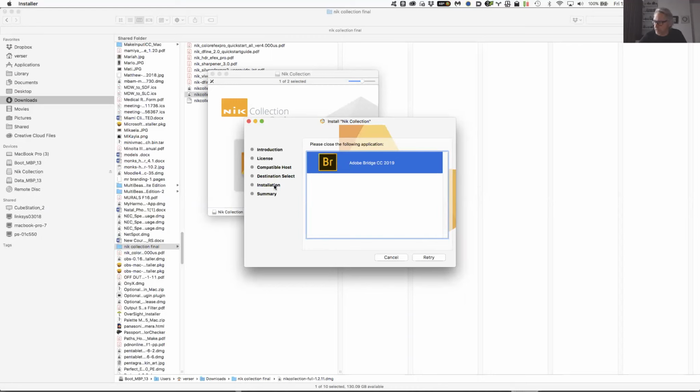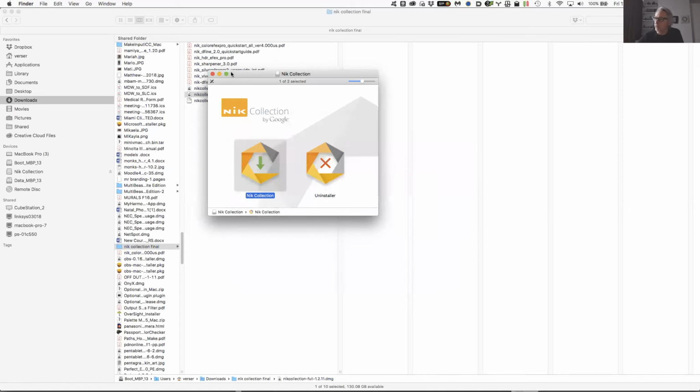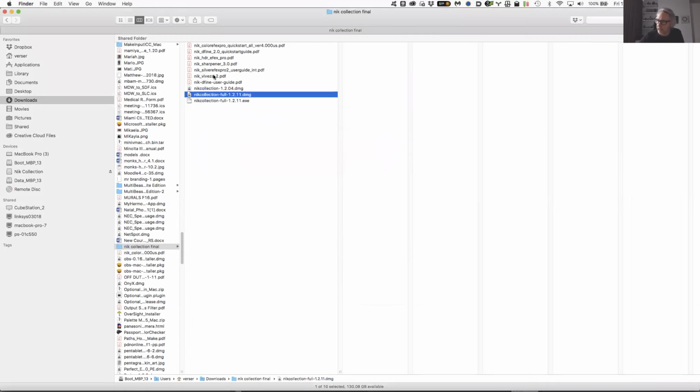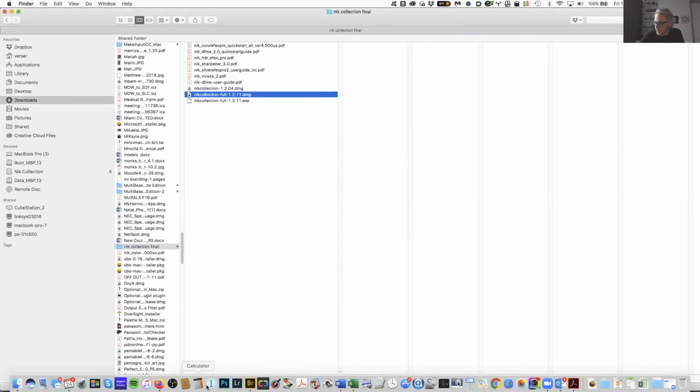Again, I've got them already installed, but it will install in all the versions of Photoshop. It will install in all the versions of Lightroom. It will install in Capture One. It will install in Bridge. And I don't know what else it'll install in. But anyway, this will just have an install button right here, and you simply click on it and it will install the plugins where they need to be. If you've got Photoshop, Lightroom, or Capture One open, anything that it installs in, you're going to have to restart that program. So then when you restart it, if you go into, again, Photoshop,